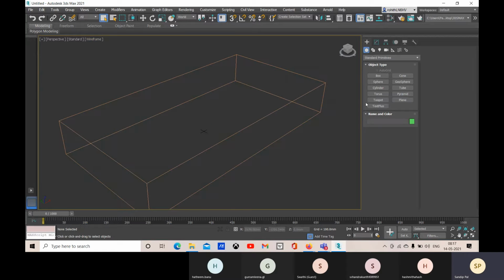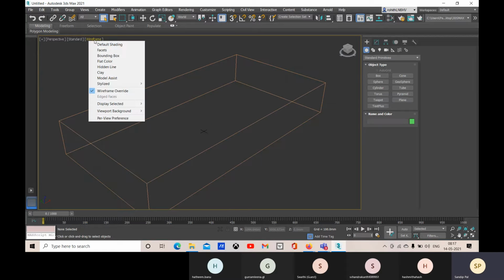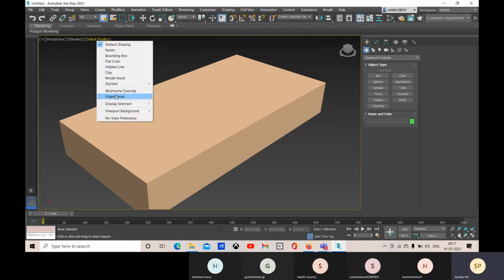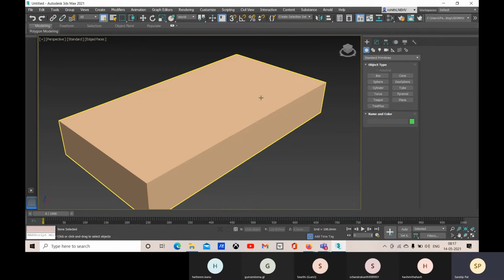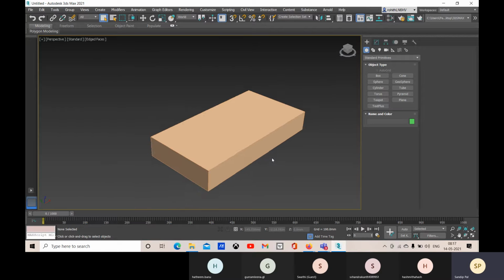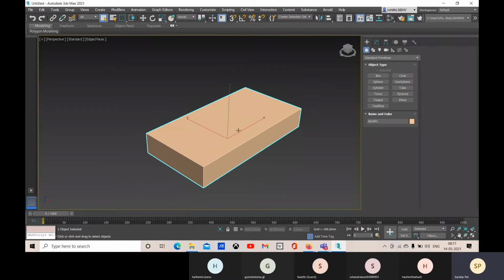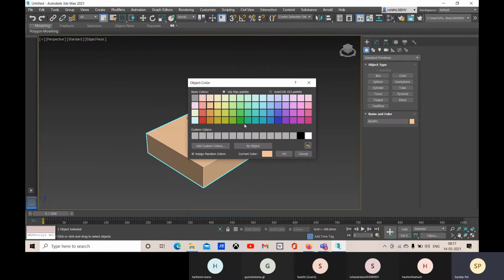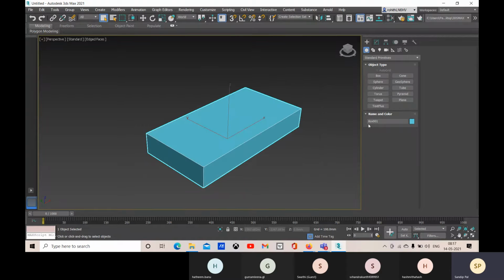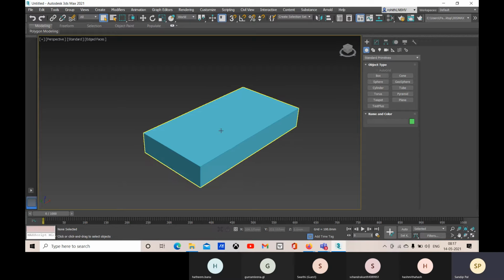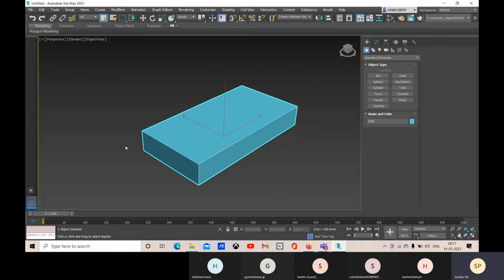Okay, so age face will be highlighted when you have this default shading, and you can choose age faces. So all these age and your segments will be highlighted within this default shade color. Okay, so let me select it and let me change the color. So I will go for this color, click on OK, and let me change the name. So let me go for a sofa. Okay. So this is going to be a sofa, and I'm going to create it.